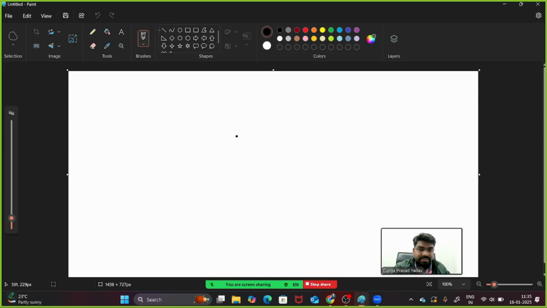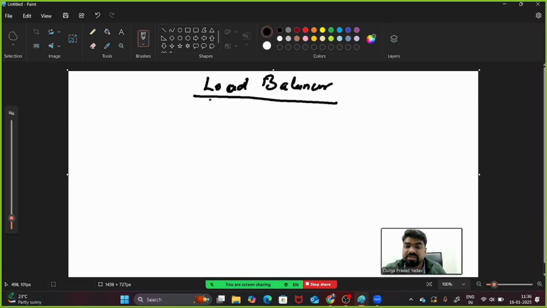Load balancer is used to balance or distribute the incoming traffic to the targeted virtual machines, right? This is the load balancer.